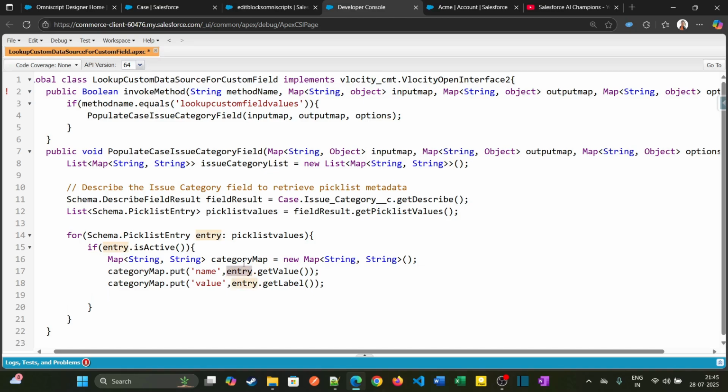So into the list we declared, this one issue category list, and we can add like this dot add for each